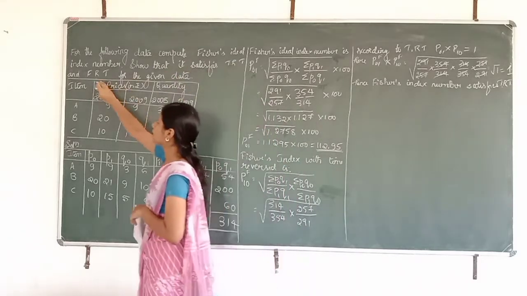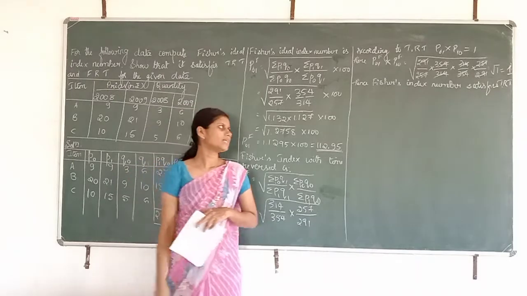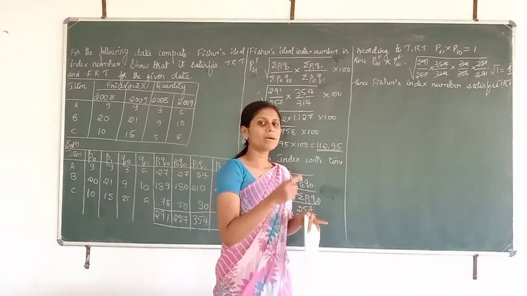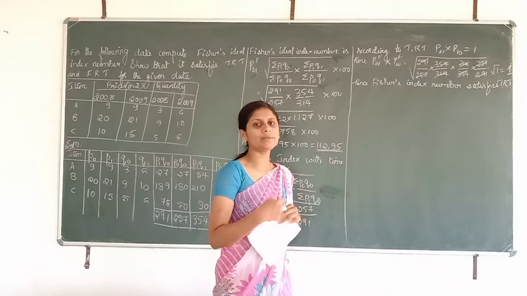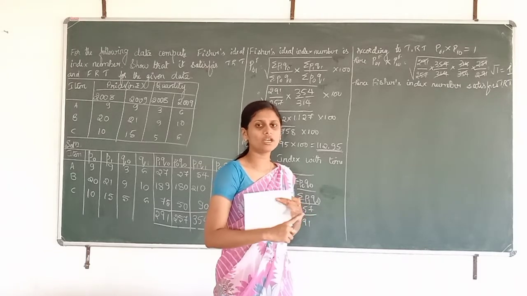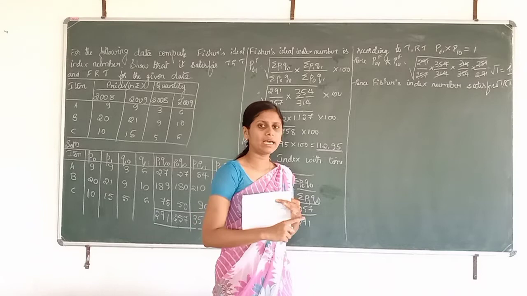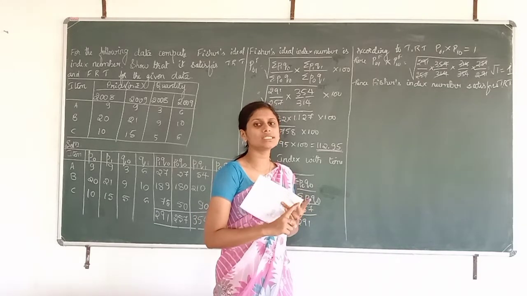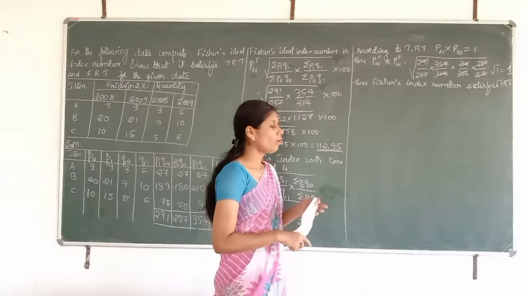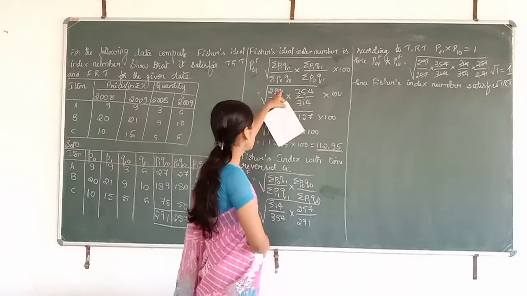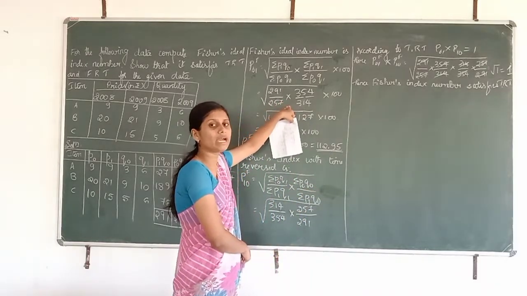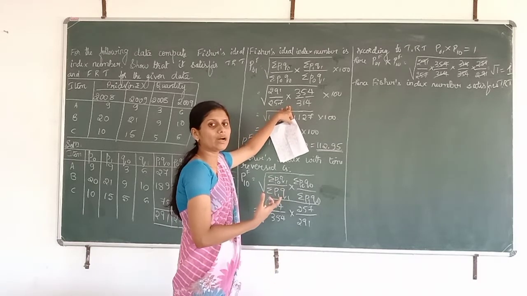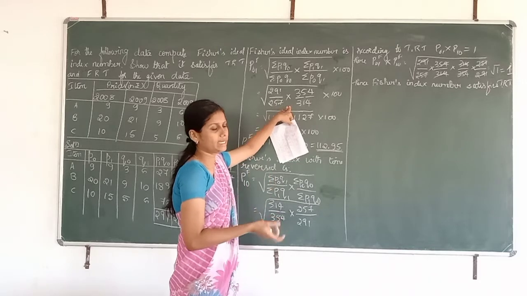Now we have to show that it satisfies the factor reversal test. So what is the condition of the factor reversal test? That is P01 into Q01 should be equal to V01. The product of changes in the prices and the changes in the quantity must be equal to the relative changes in the value. We know the changes in price, we have calculated. Now we have to find out the changes in quantity. That means we have to find out the Fisher's quantity index number.